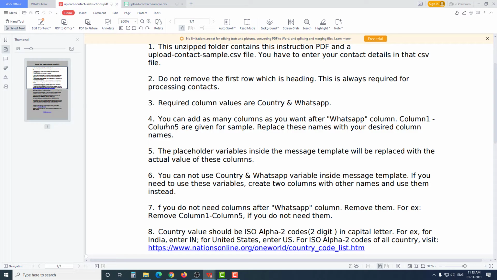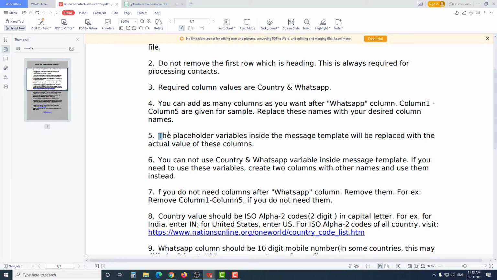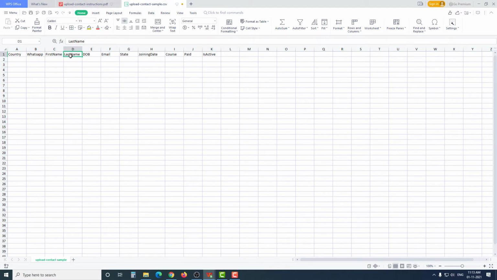The next option is that the placeholder variables inside the message template will be replaced with the actual value of these columns. That's the point of adding these columns. So in my message template, if I want to use this first name variable, I will use a double percentage symbol and then the variable name, and then the percentage symbol two times again.